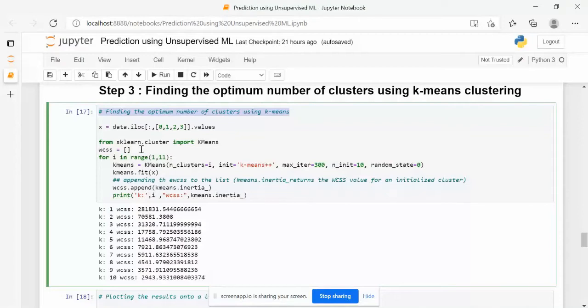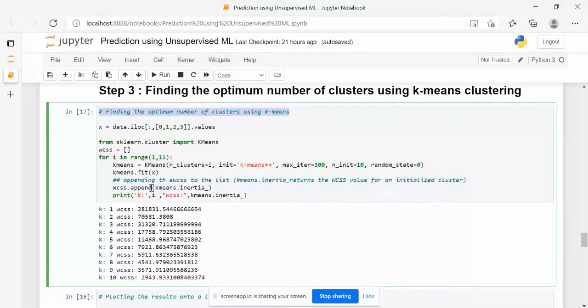We know in a circle there will be a centroid and a point. So we need to find the distance between that point and the centroid, and we need to find the sum of squares of the distance, which will give us the value of WCSS. In this for loop, we are initializing the k-means. Here we have initialized the number of clusters equal to i. We are using k-means++, maximum iteration is 300 and random state is 0, so that we get new states or new values of the centroid, not the same.